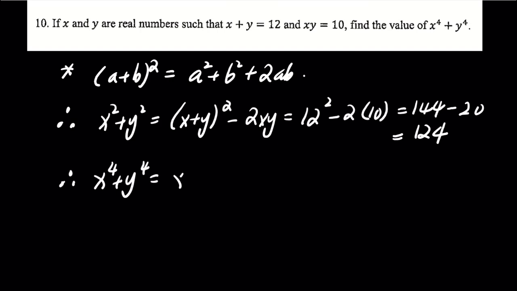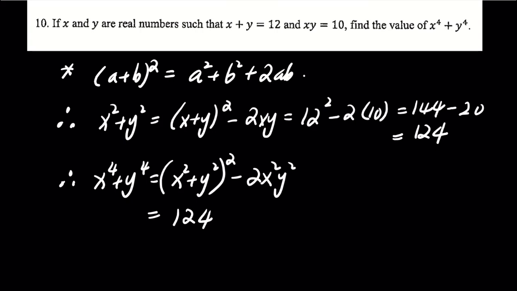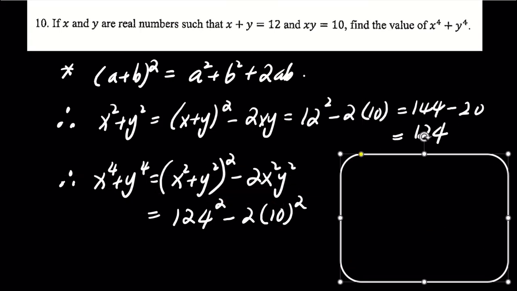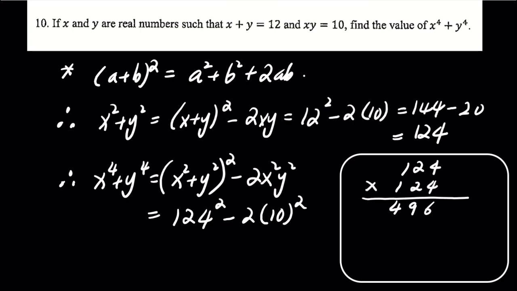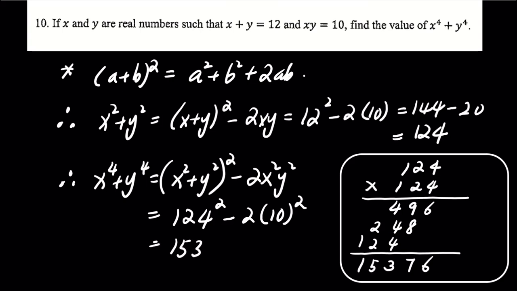Next, x to the fourth plus y to the fourth equals the square of (x squared plus y squared) minus 2 times x squared y squared, which is 124 squared minus 2 times 10 squared. We need to calculate the value of 124 squared carefully. And we'll get 15376. So the answer is